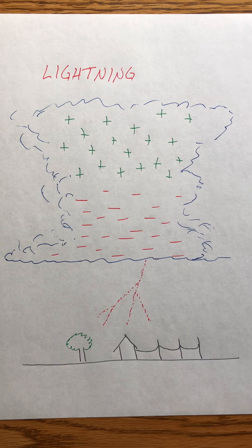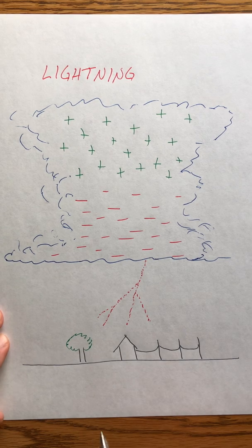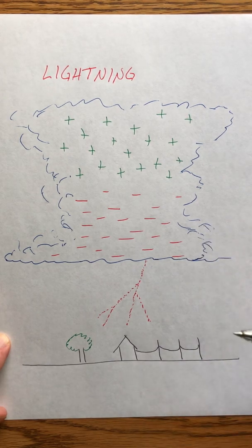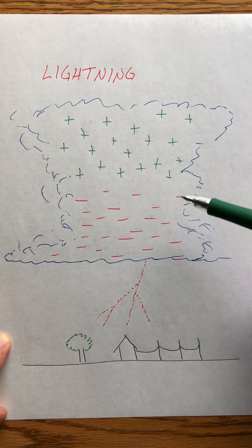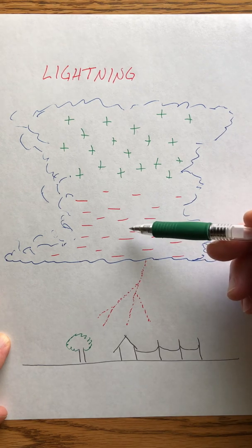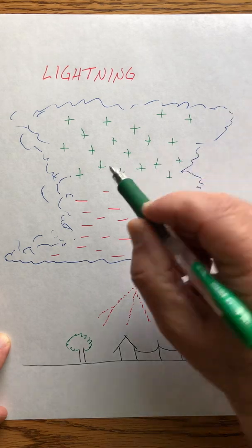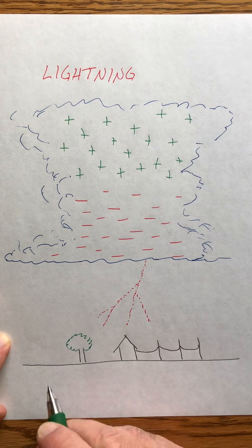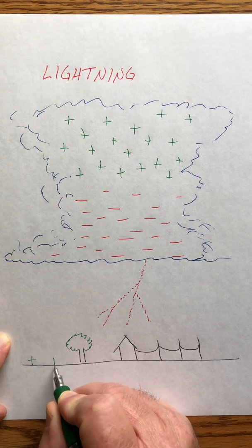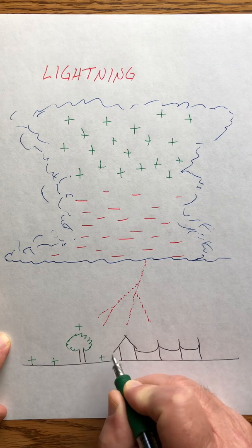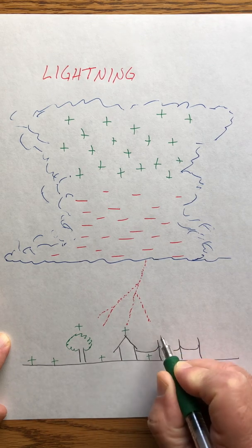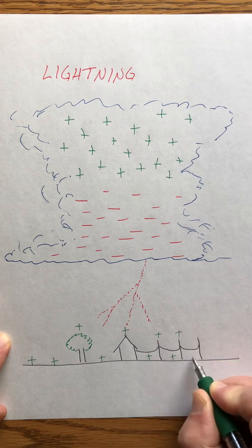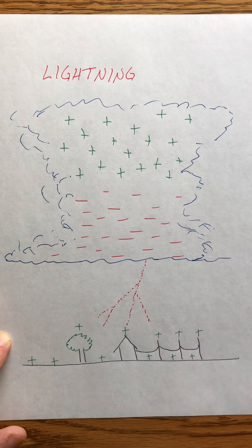And it all starts with separation of charges. Due to updrafts, once again back to updrafts, the updrafts in a cumulonimbus thunderstorm cloud will separate the charges within the cloud so that positive charges collect at the top of the cloud, negative charges in the bottom half of the cloud, and positive charges will collect at the surface. I forgot to put those in. So here we go. All right, so after we get the separation of charges, then what happens is